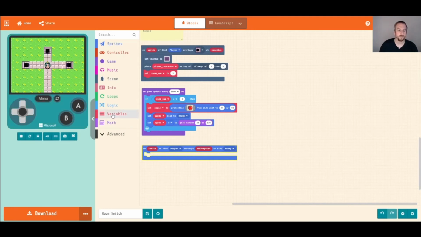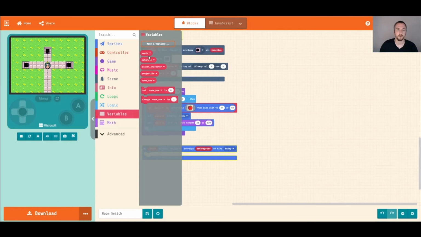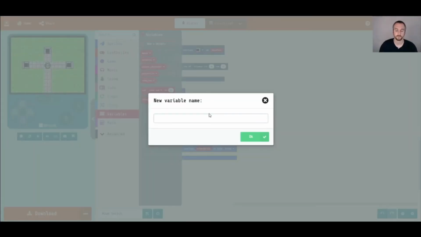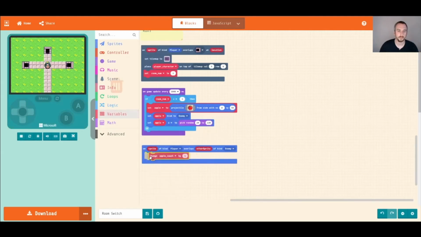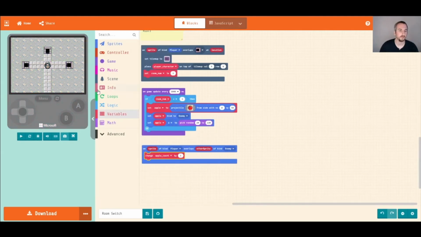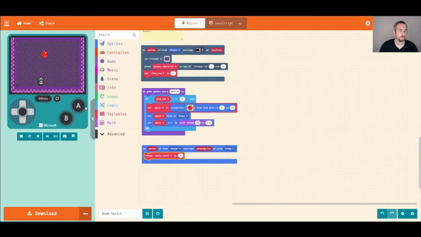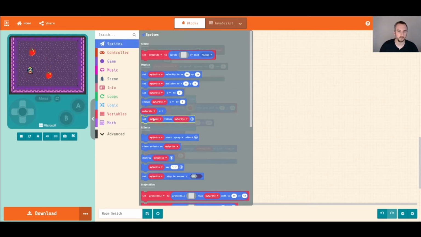So what we need to do is we need to count how many apples we've actually gathered. So we can make a variable. I'm going to call this apple count. And what we're going to do is we're going to say apple count equals 1. But what we also need to do is we need to get rid of the apple once we touch it, because otherwise the apple keeps going through us and it's going to increase the apple count to something really high. So what we can do is we can go back to sprites,